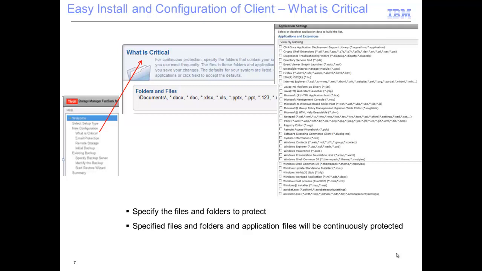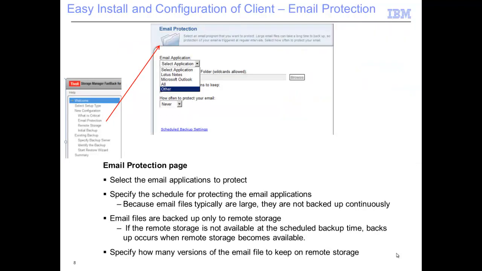So the first piece it'll ask is, which files do you want to protect? What's critical for us to back up? And so you can either type in the file extensions or you can go through the list here and choose the extensions or the application files that you want to protect. Now, it's important that I say we protect application files. We're not backing up the applications. Next, you'll be